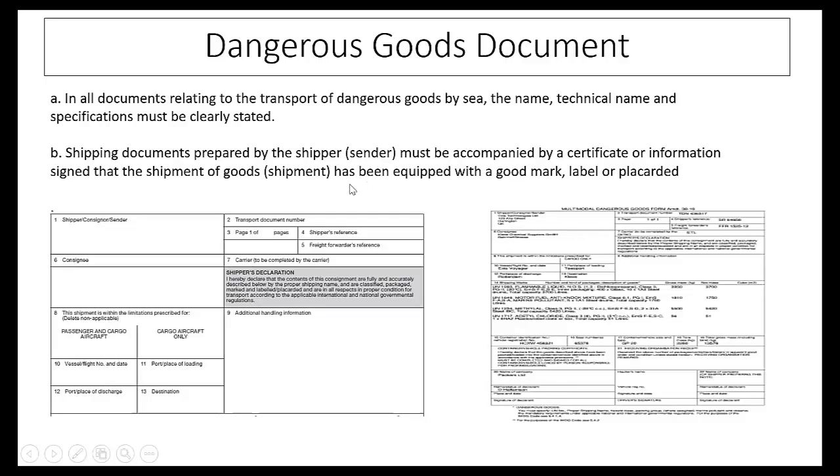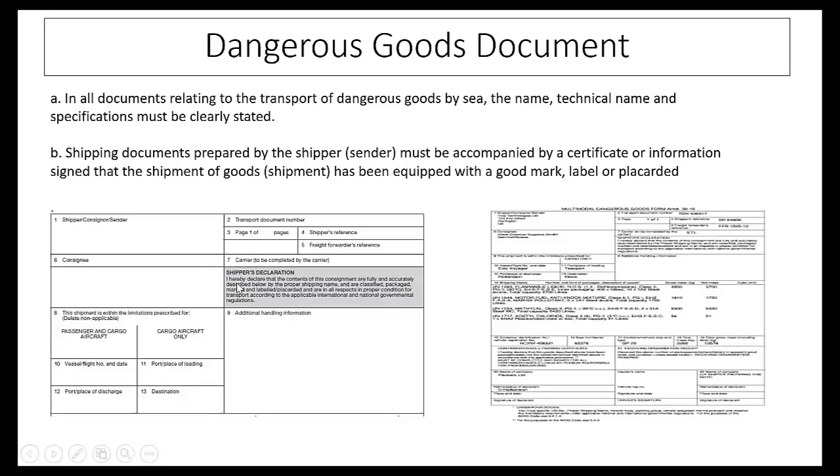And the shipping document must be accompanied by a certificate or information stating that the shipment of goods has been equipped with a mark, label, or placard. So it means if they declare, later on after this, this is a shipper declaration, they declare that the shipping documents must be accompanied by a certificate of information. The shipment of goods has been equipped with marks. So this is the column